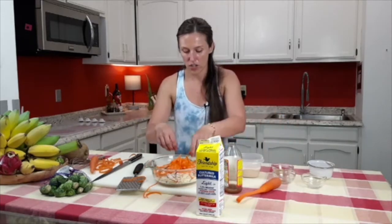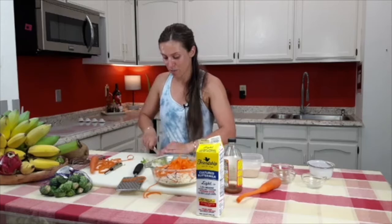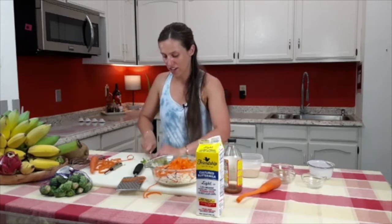that all in here. Now her recipe also calls for Brussels sprouts. Brussels sprouts are a great source of fiber. Adds a nice extra crunch to it. When I was a kid, I hated Brussels sprouts, but now I actually like them. Not that I want to eat them every day, but